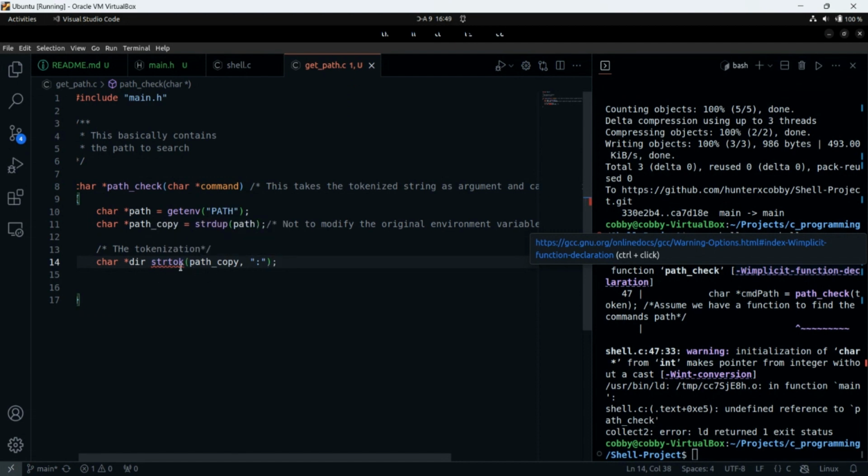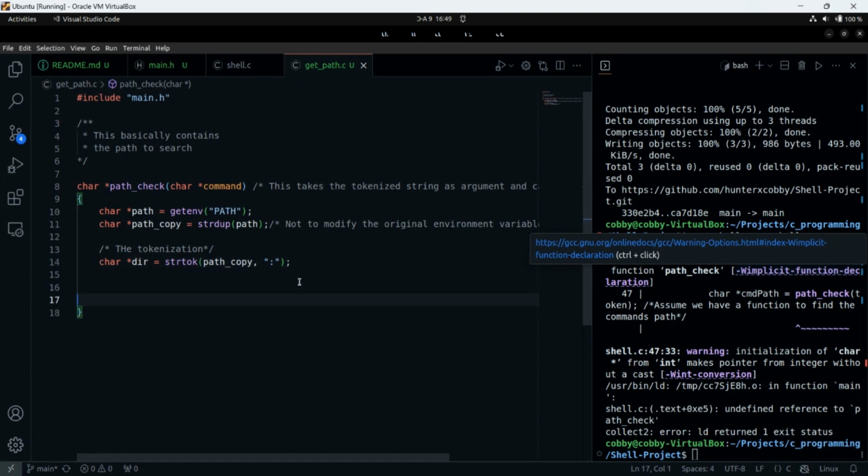Why am I having an error with strtok here? So basically, we are tokenizing our path, and then we will create a loop to iterate through what we have so far. I think I'm getting tired. Create a loop to iterate.